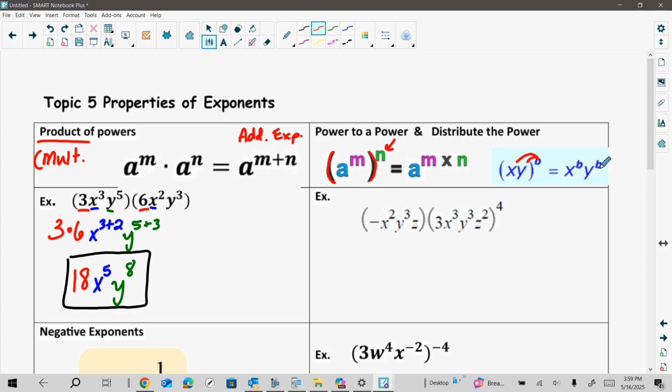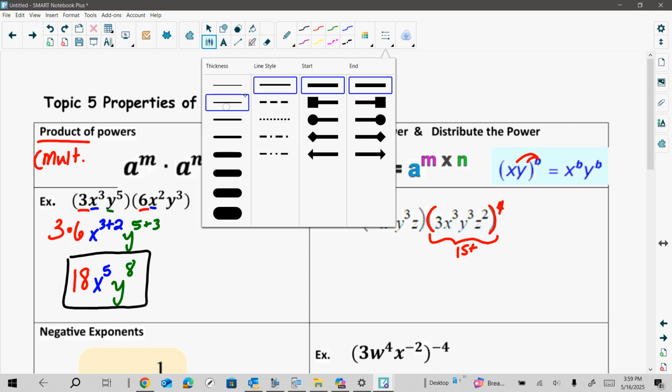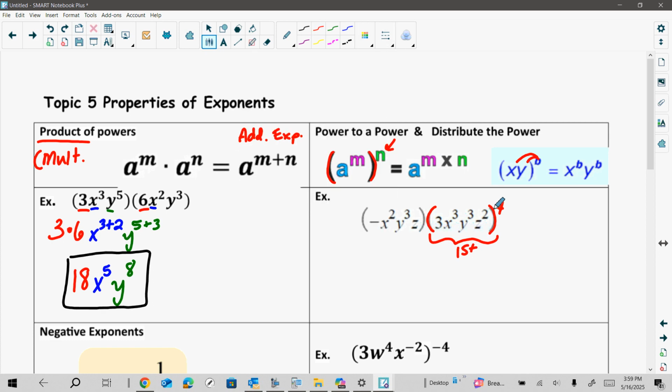So in this example, I have a power, an exponent outside. This is just kind of like following PEMDAS. You do your exponents first. So I'm going to simplify this term first. Let's just get a different font here. Meaning I'm going to distribute this 4 to each exponent and even the number. Okay, so